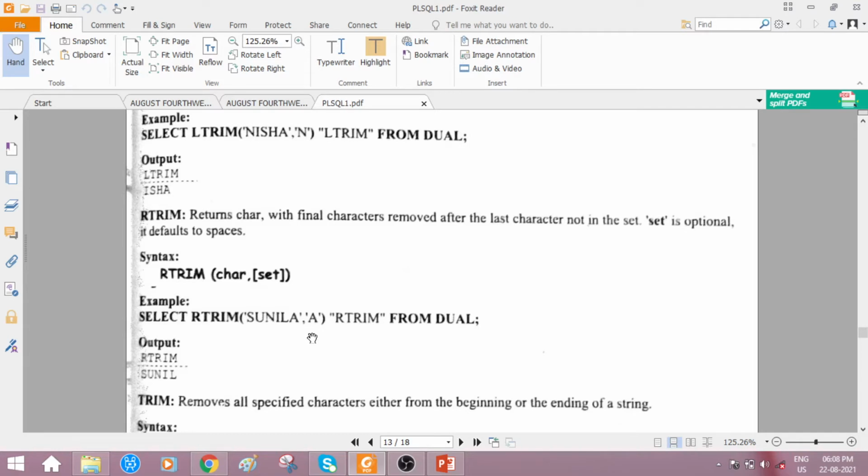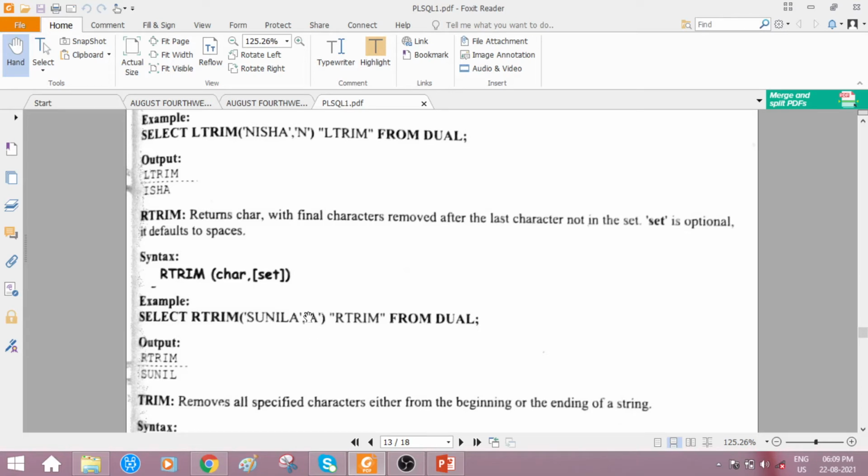Here it is shown as A. So from the right hand side, that character will be removed. Sunila is given and A is asked to be removed. The default nature of RTRIM is that it starts removing from the right side. So Sunil only will be displayed, A will be removed.